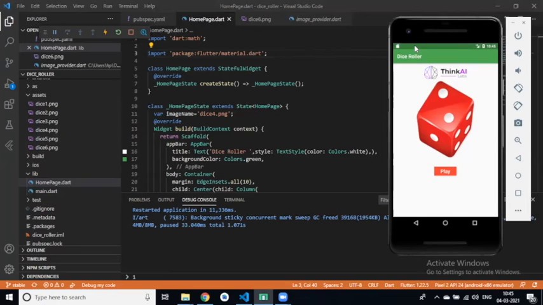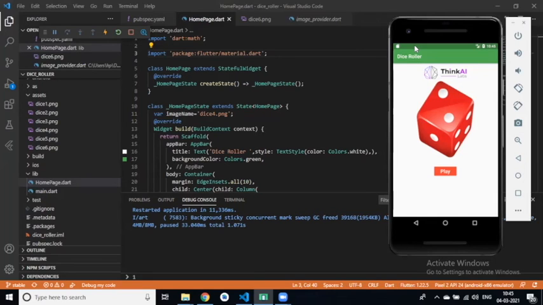First, we created main.dart, which was already created by default, and then created homepage.dart. Here we imported the material package related to Flutter, and then we created a HomePage class extending StatefulWidget.